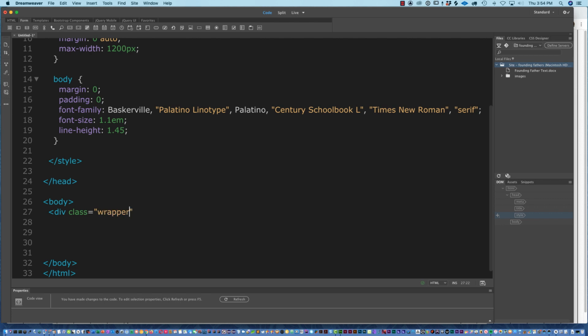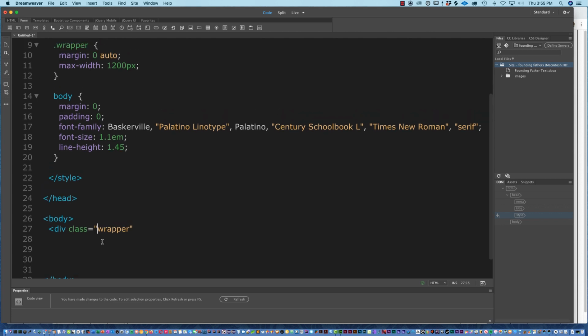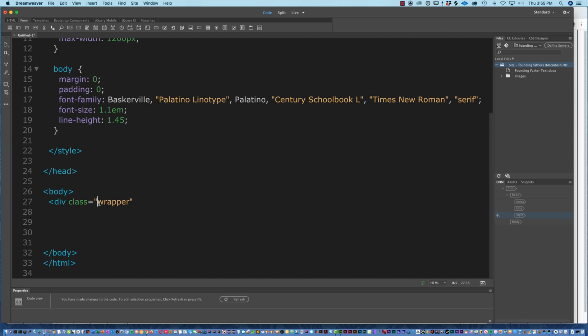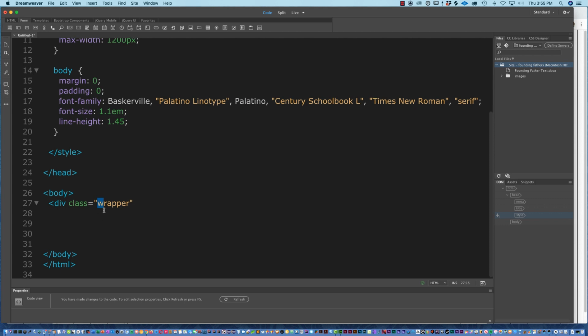Now, you don't put the dot here inside of the class name. When I first started out, I used to do that occasionally, and that is wrong, because if you use .wrapper for your class name, which is probably not a good idea to begin with, I think you'd probably have to create a selector that had two dots in front of it instead of just one. But bad idea to use anything but a letter as the first character in your class name. So we have a div with a class of wrapper,